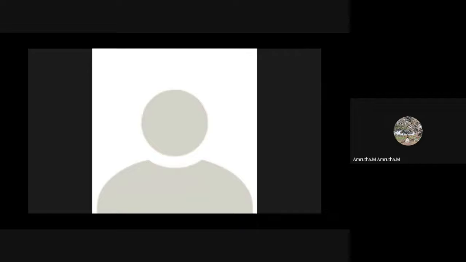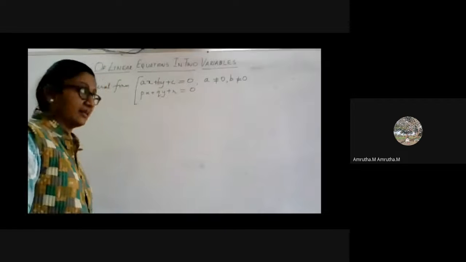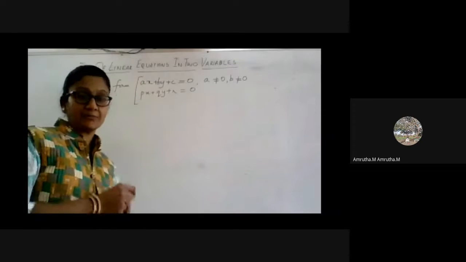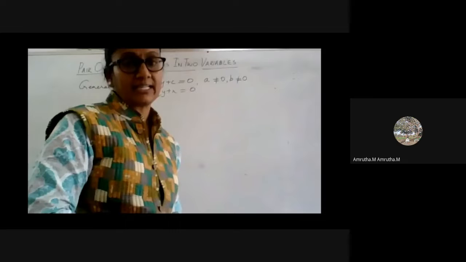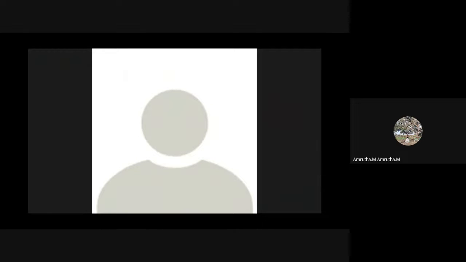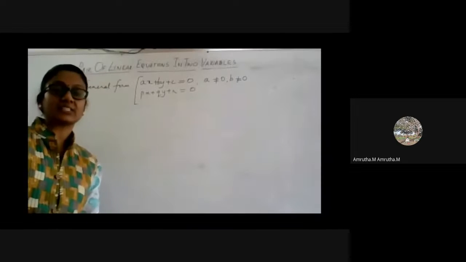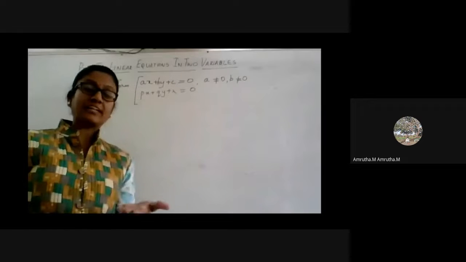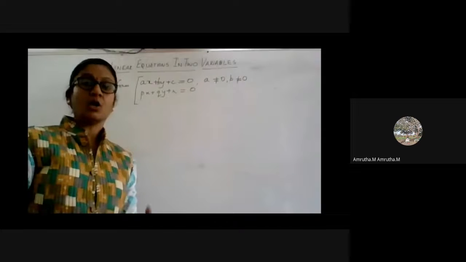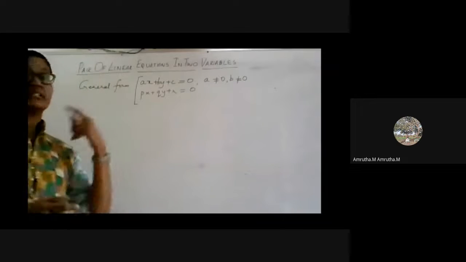Going back to what we have already done in class 9, if I take one linear equation in two variables and try to graph it, what kind of graph was I getting? Try to recall. Yes, we were getting straight lines, straight line graphs, for a linear equation in two variables. Now, when I say the solution of a linear equation in two variables, I'm talking about all the points which lie on that straight line.